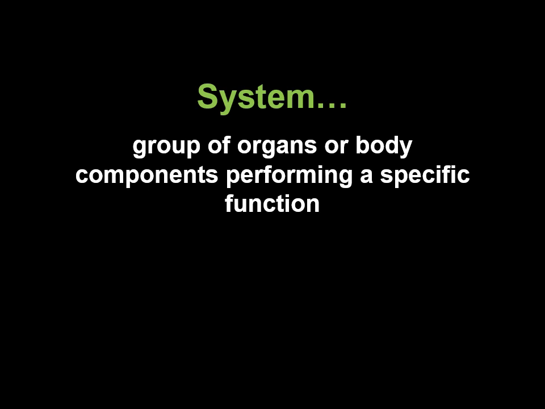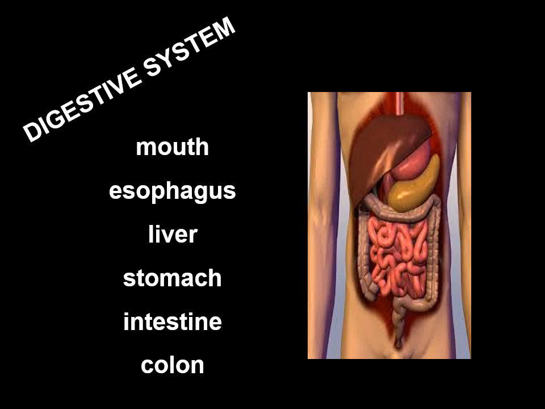And then later, as we get out of this, we'll start on this unit, we'll talk about systems. And I know you've studied this in junior high before, but this is just a group of organs that perform a really specific function in some way, such as the circulatory system or the digestive system. So later on we'll go into this, but your digestive system obviously is made of several organs: mouth, esophagus, liver, stomach, intestine, colon, and their obvious purpose is to break down food and extract nutrients from it.